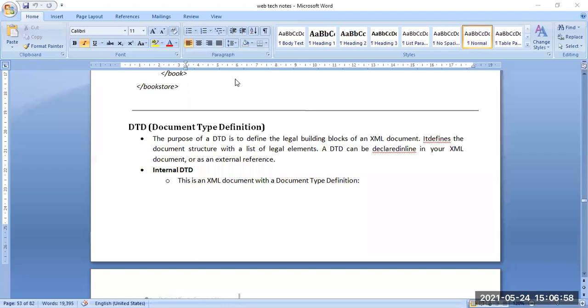So whatever an XML document is, what the blocks are, how things actually work, the total purpose is mentioned by the DTD, or document type definition.